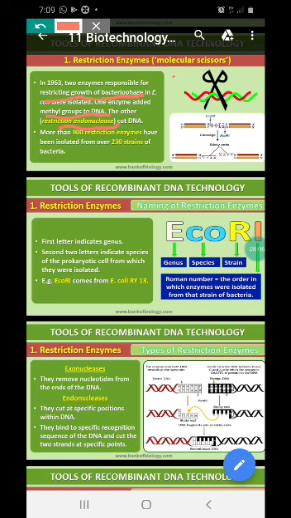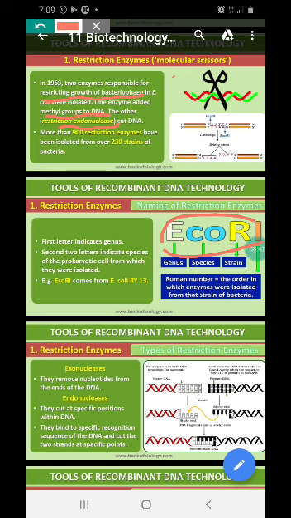Now, E. coli is another very famous source of restriction enzymes, right? Now, how is this naming done? E is written in capital, and it comes from the genus name of the organism. Co represents the species, coli, and R represents the strain,